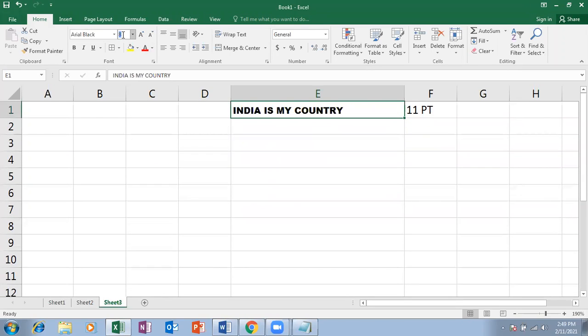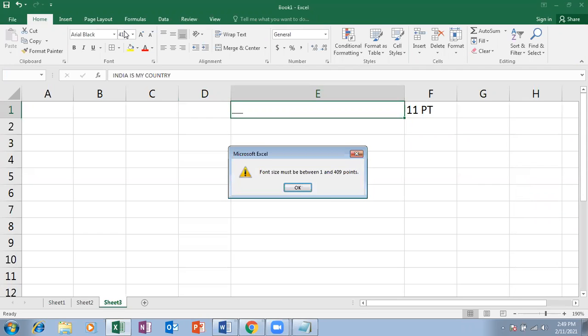What is the least option? 1. I entered 1. So can you see that something small. And maximum, as I told, I can enter up to 409 points. But to make it clear for you, let me type 410. See, font size must be between 1 and 409 points. PT stands for points.